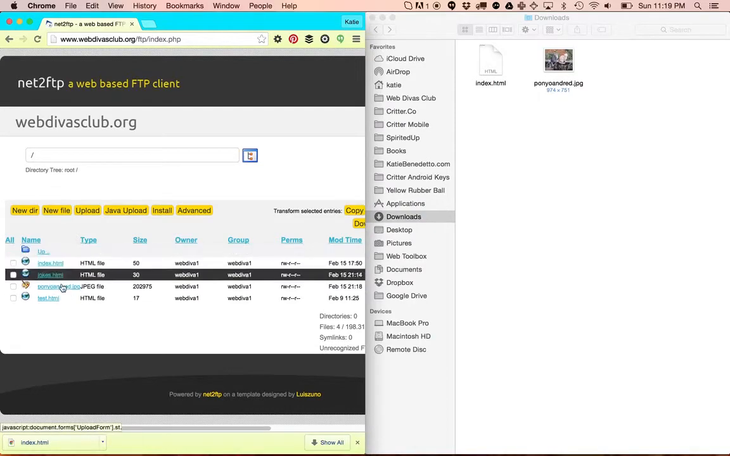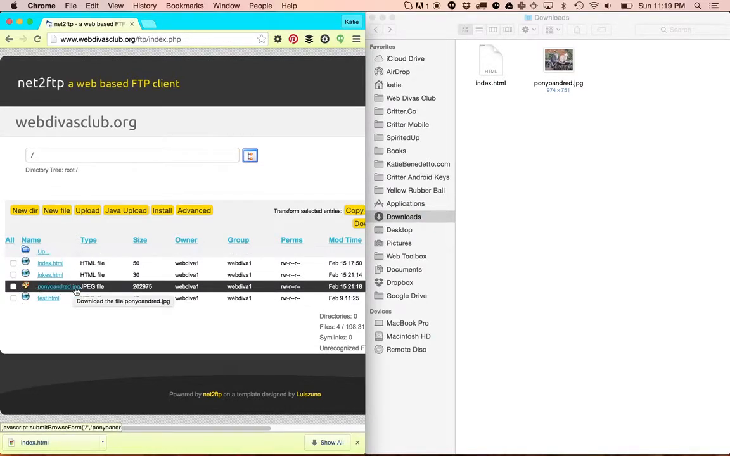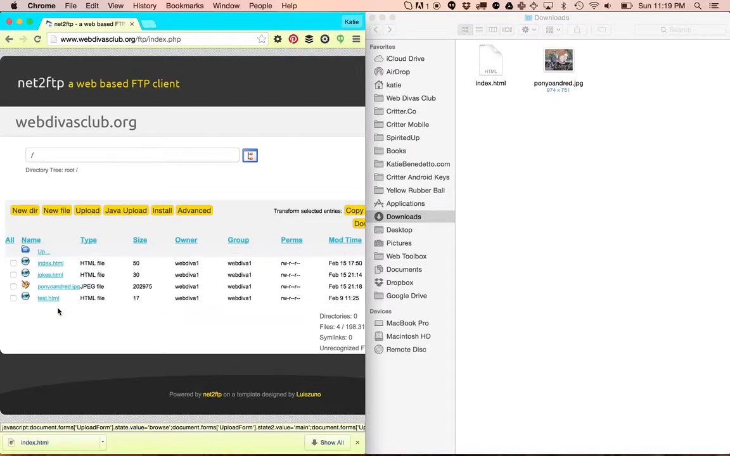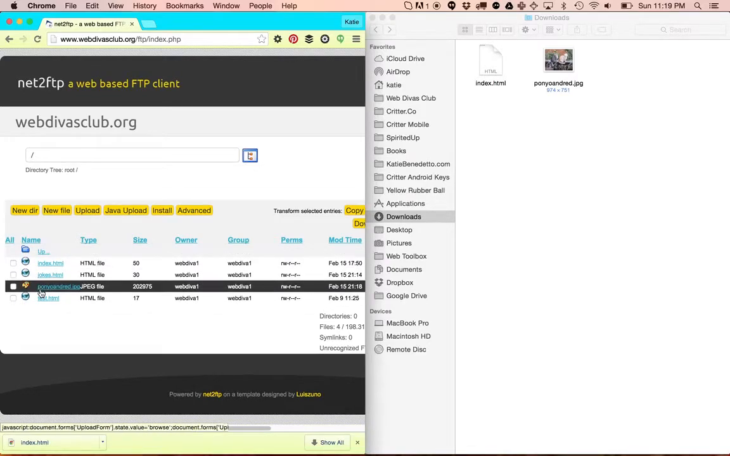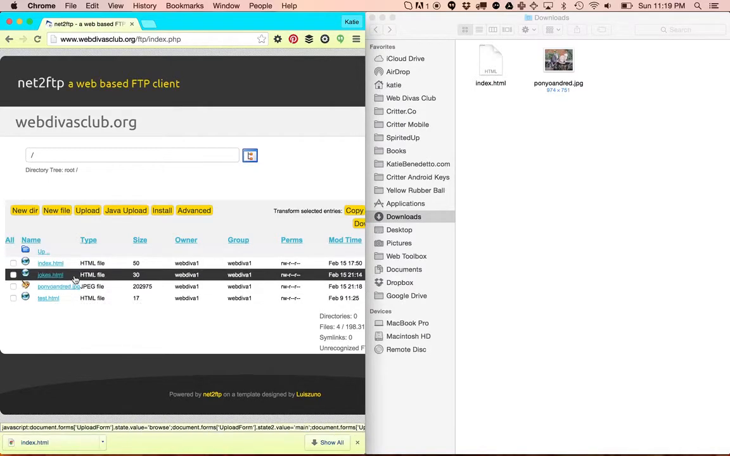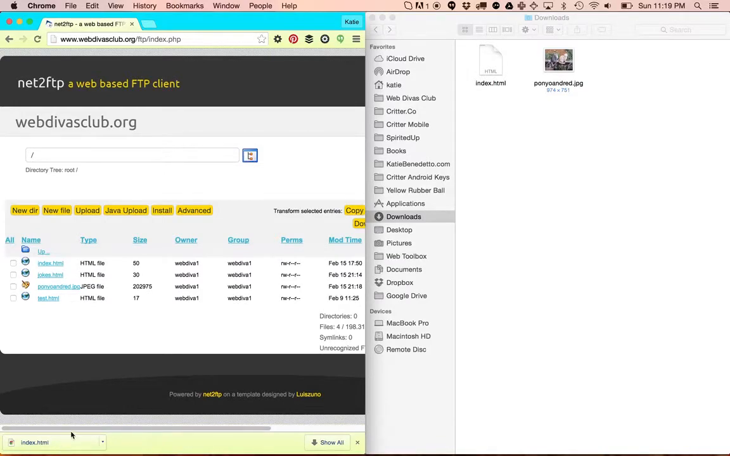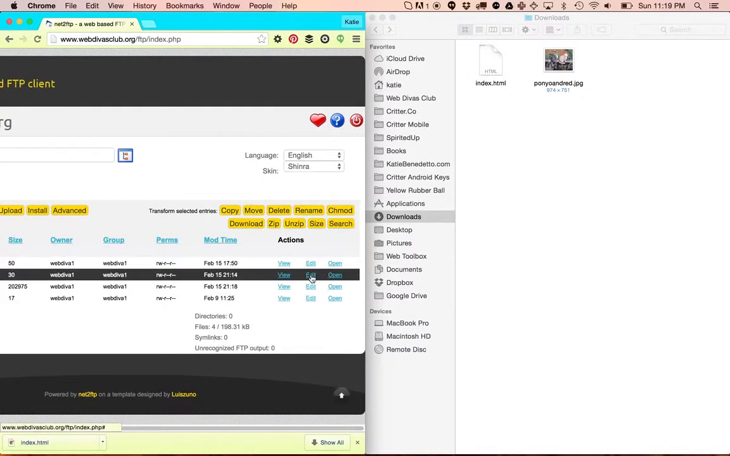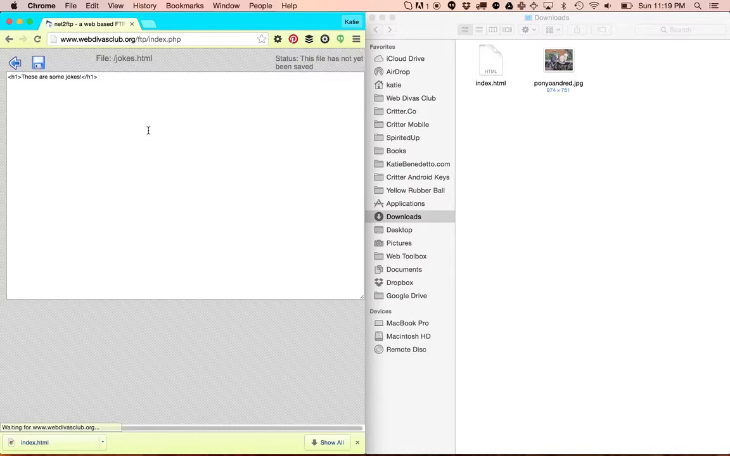So now in my file list I see an image, panyuandred.jpg, and I can see next to the type it's a JPEG file, which is an image. So we know that that worked. So the next thing I need to do is remember what that file name is called. So my file name is called panyuandred.jpg. So now I'm going to go back to my jokes file, hit Edit next to my jokes.html,